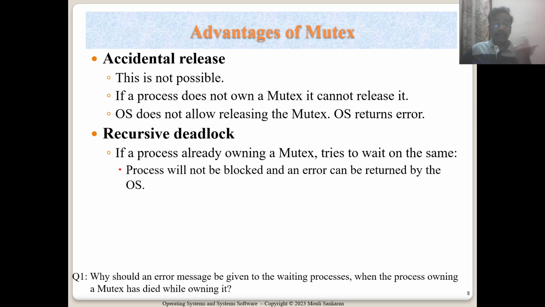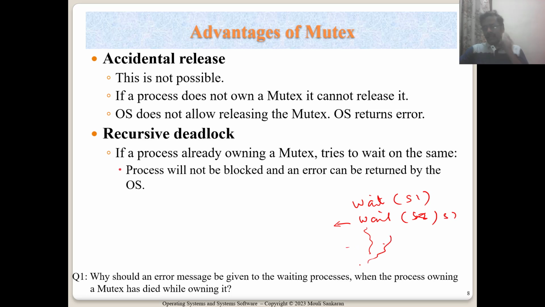The OS can prevent it. Now, why should an error message be given? Because based on the error, you can take some corrective action. Suppose you are interested in using two semaphores: wait on S1, then S2. By mistake in your program, instead of S2, you call S1 again. Now this is going to return an error, and if your program is checking for the error condition, it